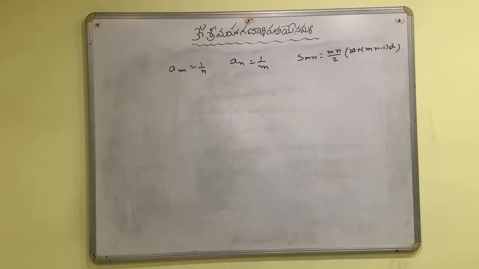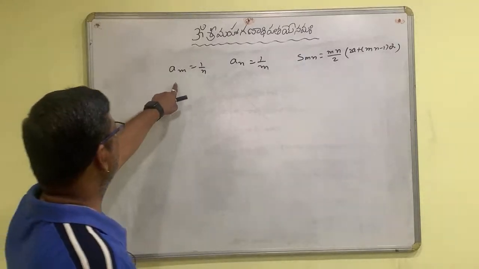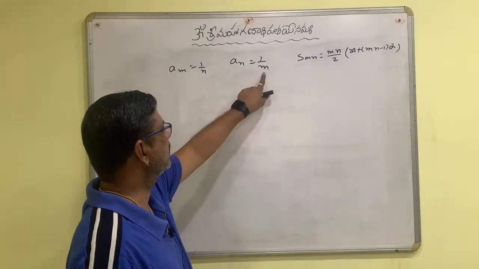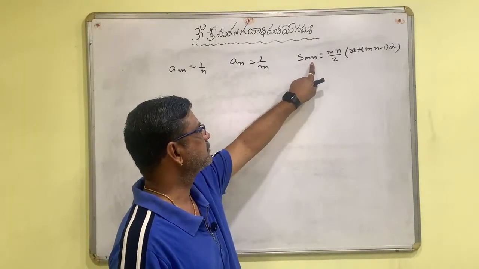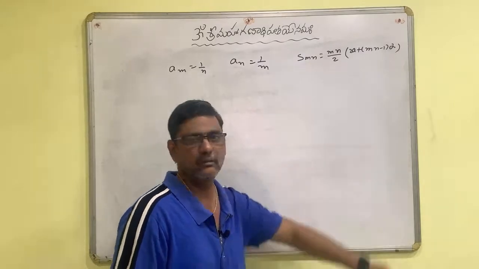Okay, thank you. So my question is, Am is given as 1 by n, An is given as 1 by m. We need to find out sum of mnth terms. To find out